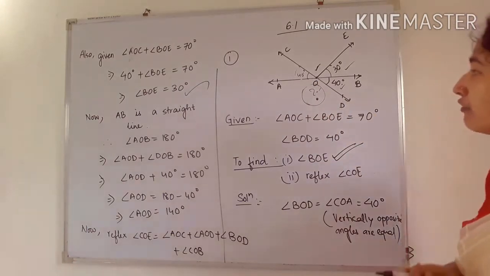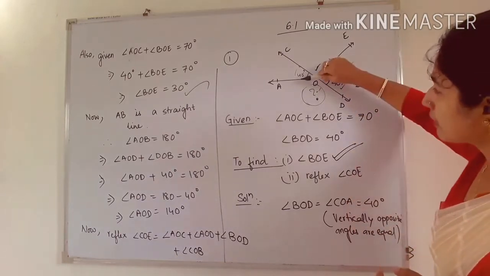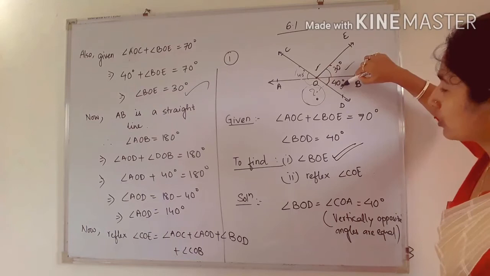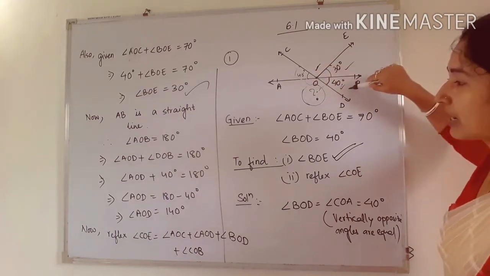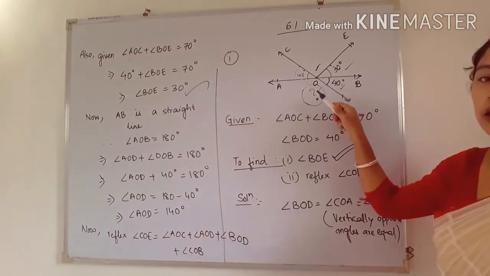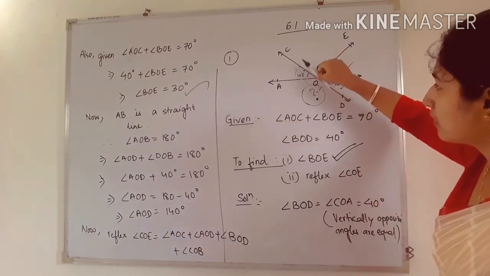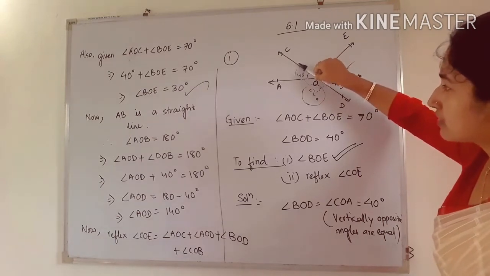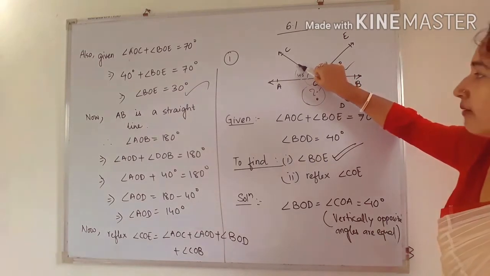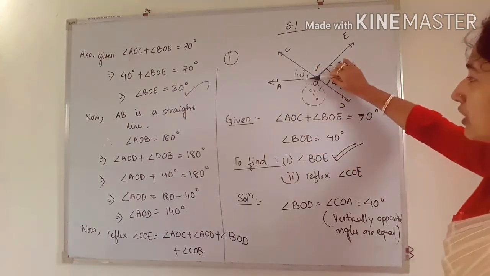So how can we find AOD? See, you can find it in two ways. See here, AB is a straight line. So these two angles will be what? 40 degrees, because this is a straight line, or we can say these two angles form a linear pair. So we can take AB as a straight line, or we can take CD as a straight line. By that also we will get the same answer. So here I am taking AB as a straight line, therefore angle AOB is 180 degrees.